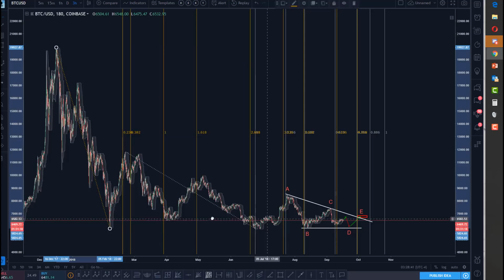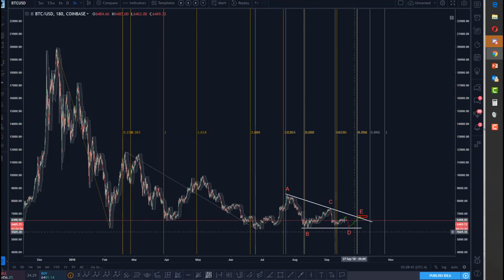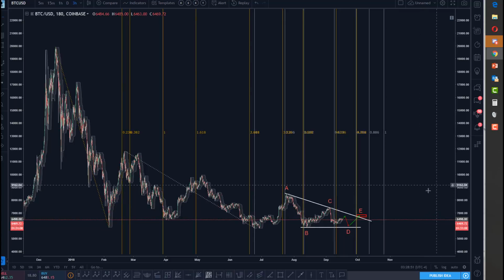Okay. Well, we don't know what waves have been put in here yet, right? So no use getting all excited, but my point is there's a fair amount of evidence here that if this is in fact a triangle, it's going to end relatively soon. Maybe this is the D, it's already been put in, and we're working on the E, or maybe it's the B of the D, and then the D down. I guess this cluster of fibs would suggest that maybe the D's in.